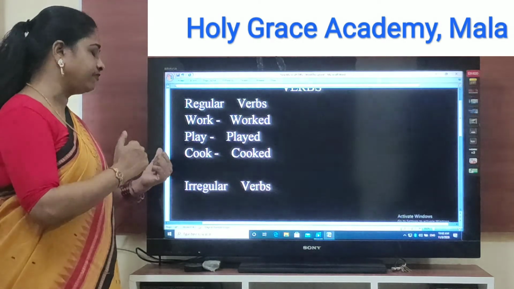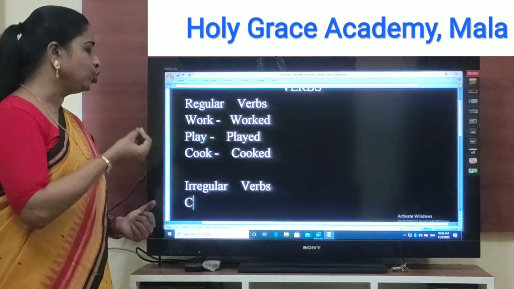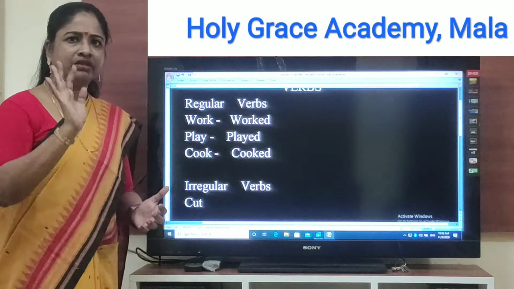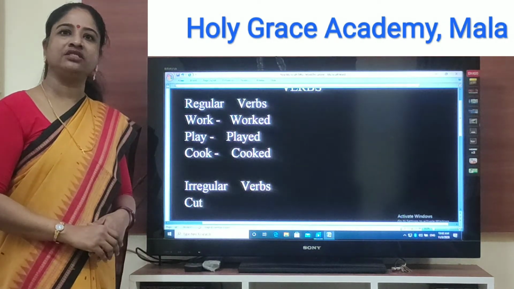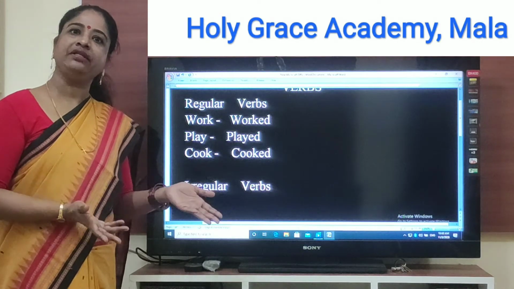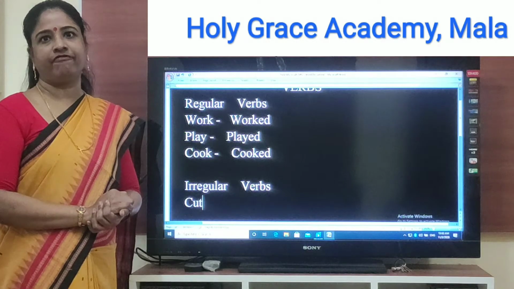Now let's write the first word cut. C-U-T, cut. This word does not change into the past tense form. It remains as cut even in the past tense form.